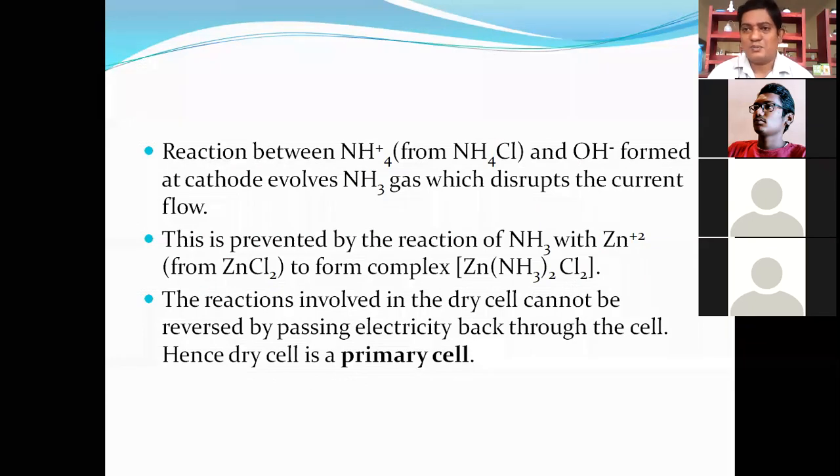Simple nanna, మళ్ళీ చెప్తున్నానండి, Leclanche cell కి dry cell కి difference ఏంటి? Leclanche cell electrolytic medium will be liquid state. What is electrolytic medium? NH4Cl plus zinc chloride. NH4Cl zinc chloride combination liquid state లో ఉంటే దాన్ని Leclanche cell అంటాడండి. NH4Cl plus zinc chloride paste semi solid state లో ఉంటే దాన్ని dry cell అని చెప్తారు. ఈ two conditions గుర్తుంచుకోండి.